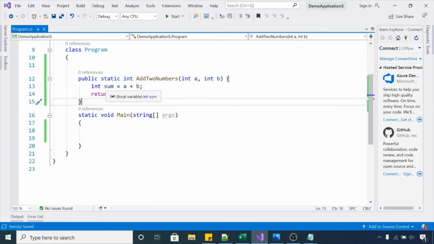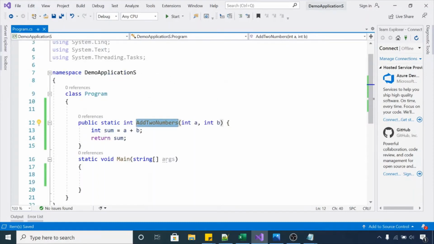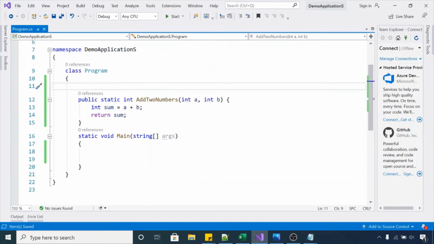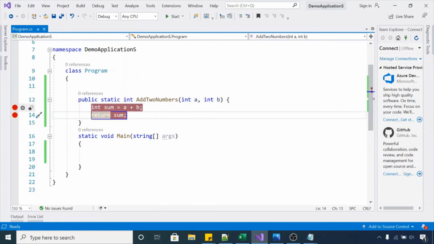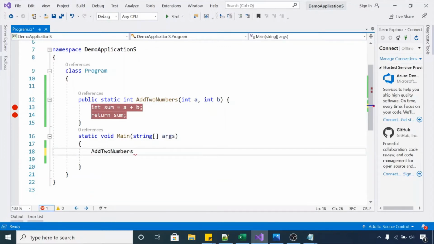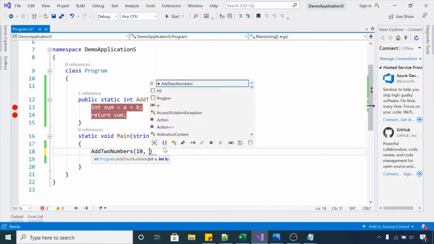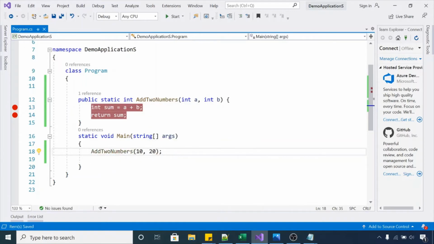Now I want to debug this method. Let me put breakpoints in this method. Let me call this method from our main method. AddTwoNumbers, we will pass the values 10 and 20.